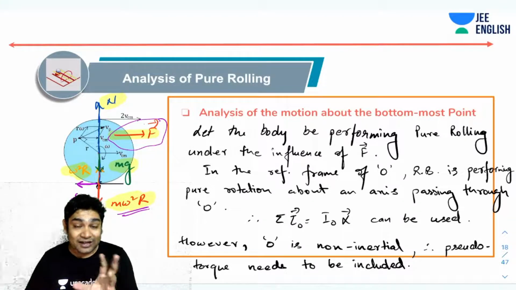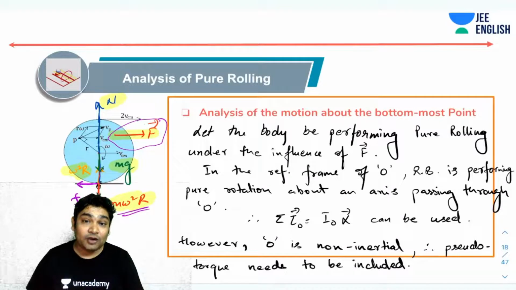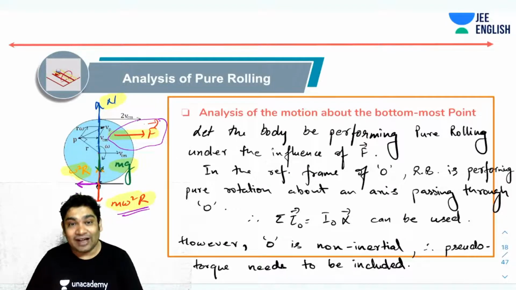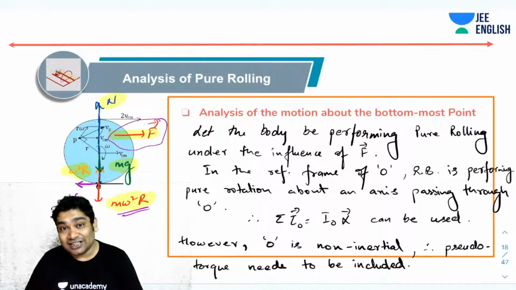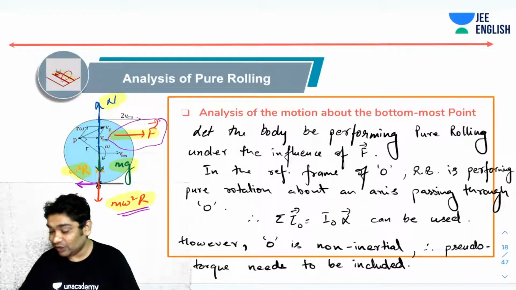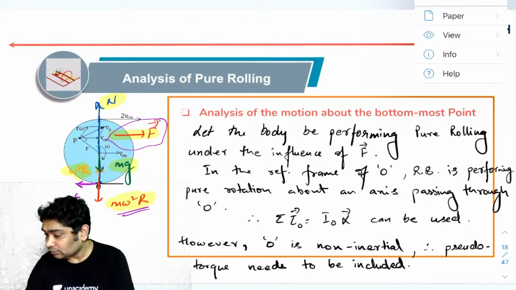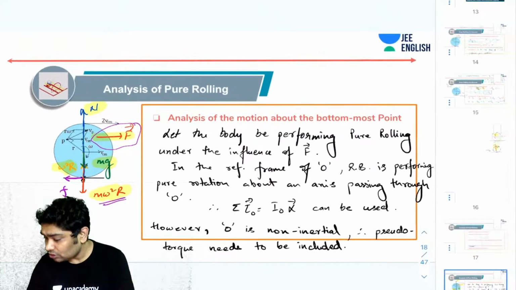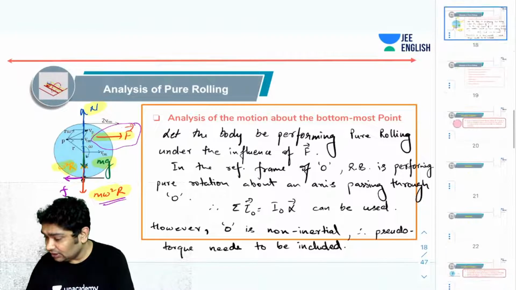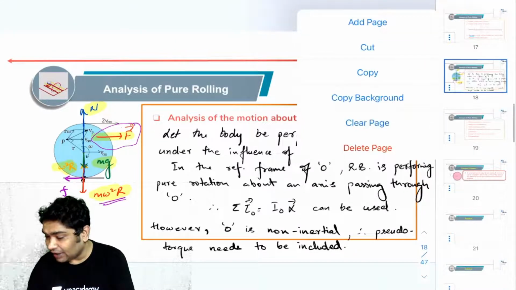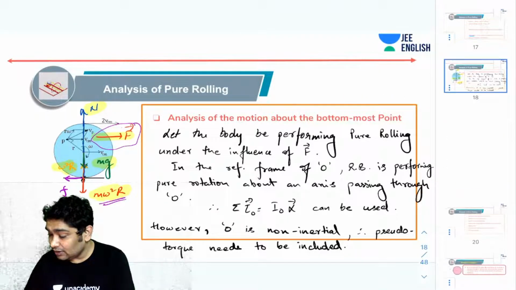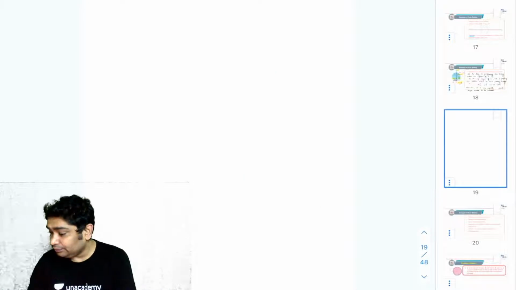That is the advantage of such shapes. If the shape had been non-uniform, then you would have run into trouble. You would have figured out that your answers are coming incorrect. So let's add a page here and elaborate on that slightly. What I am trying to say is